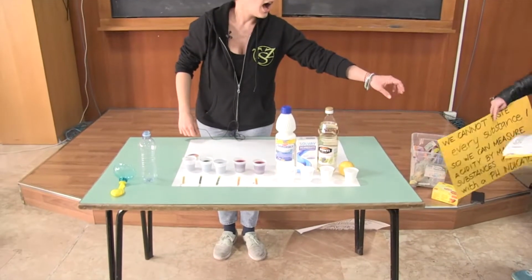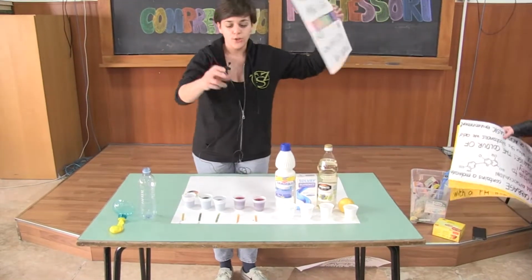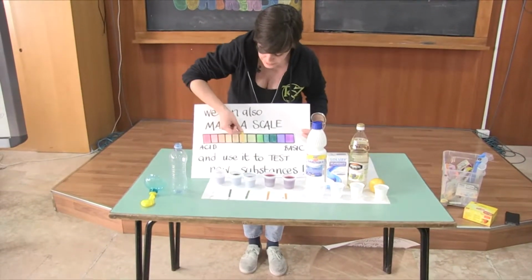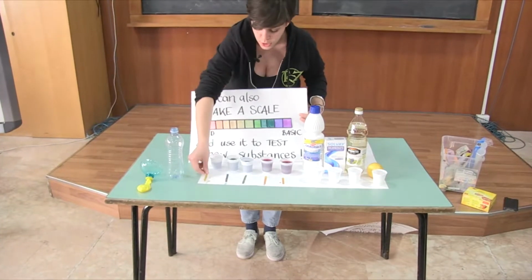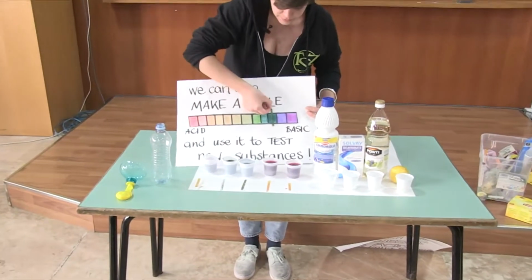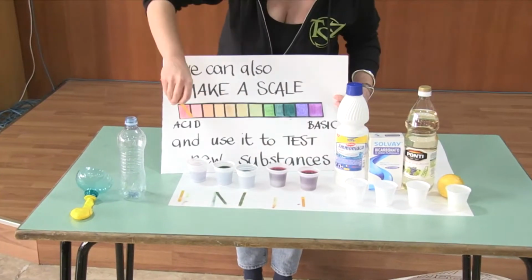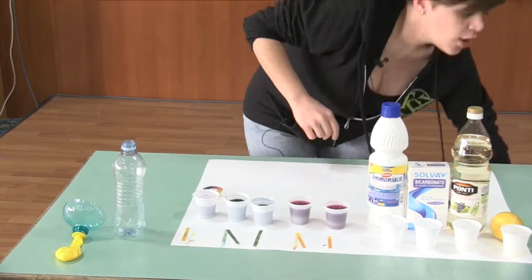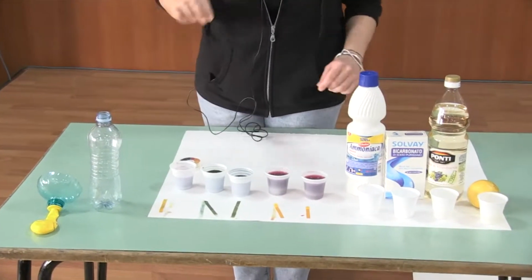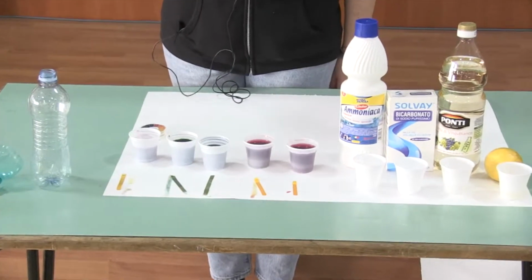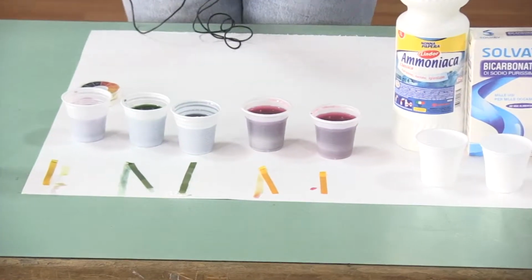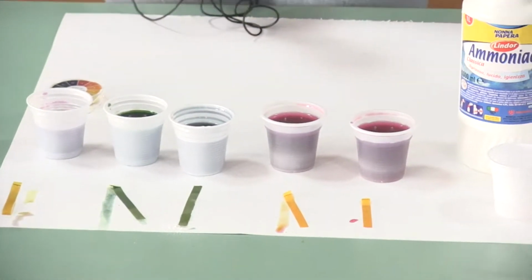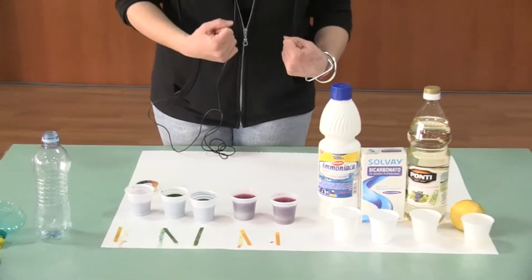So we can make a color scale to test pH and compare the color of these stripes that go from a neutral color to a very basic or to a very acid. So, now we have learned that by adding substances to our red cabbage juice, we have created either an acid or a basic environment. And the question is, can we go back? Can we recreate a neutral environment